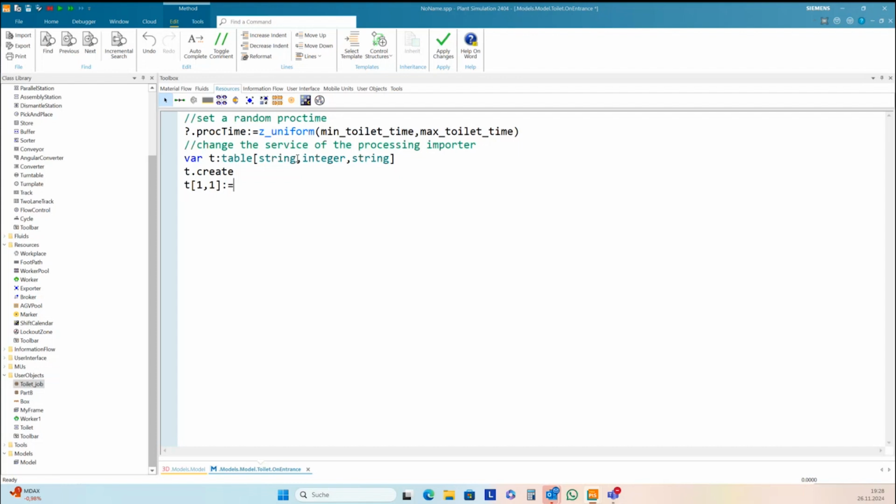And I want to make here the service dynamically with t_ and then the name of the worker plus add.worker. And in the second column, I need to write the quantity, and this is 1.